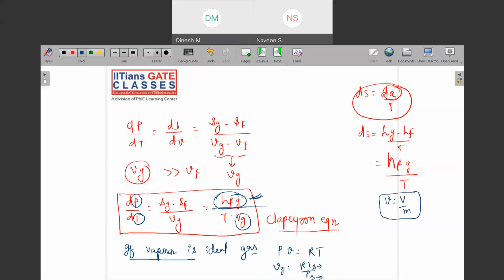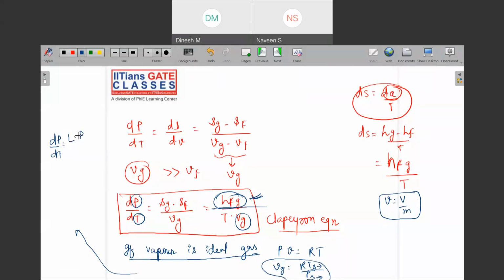If I can consider vapor as an ideal gas, then Vg is RT upon P, and T is what? Saturation temperature, Ps is the saturation pressure. So this is equal to what? This hfg is nothing but latent heat. So I can write down, this is latent heat,